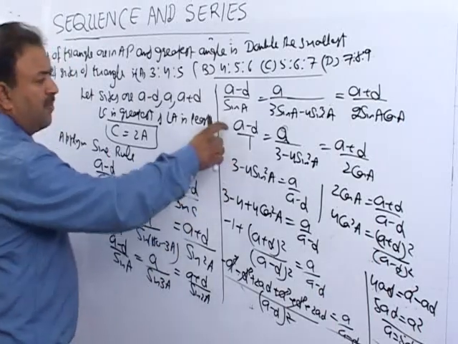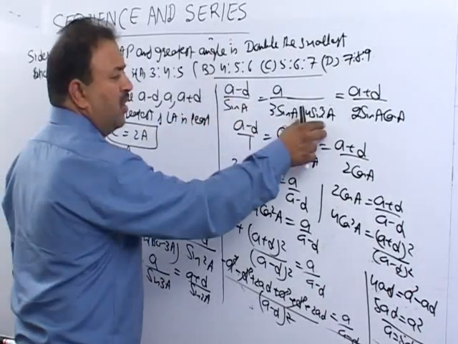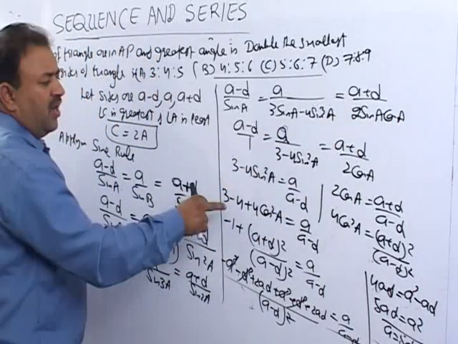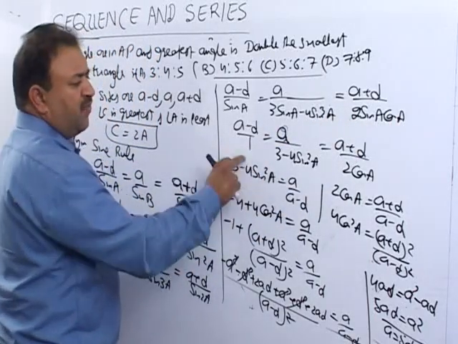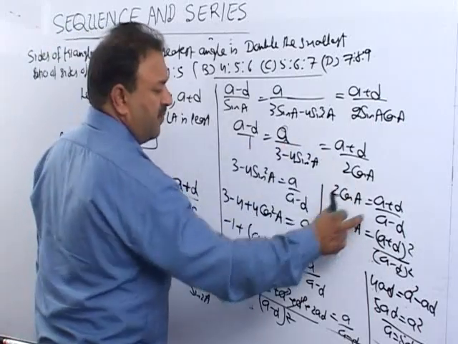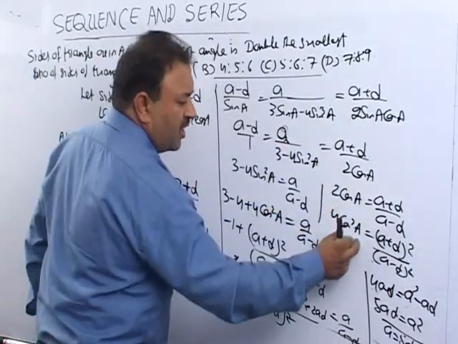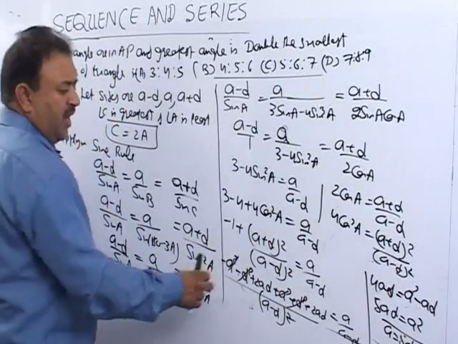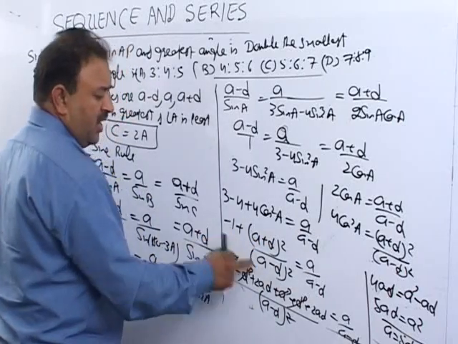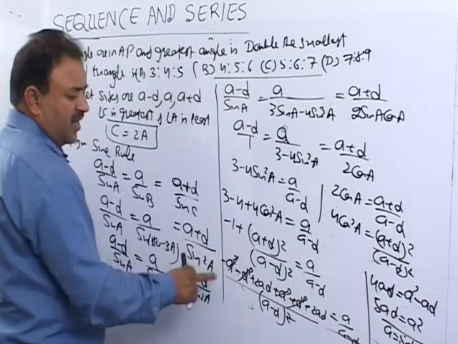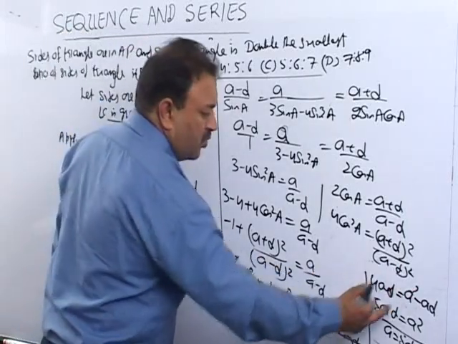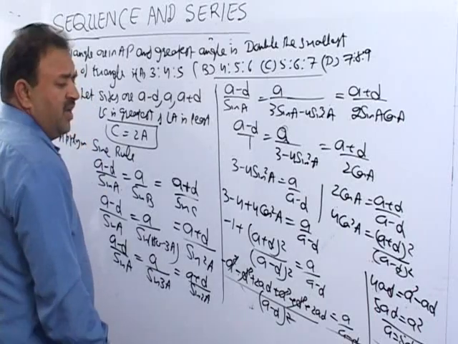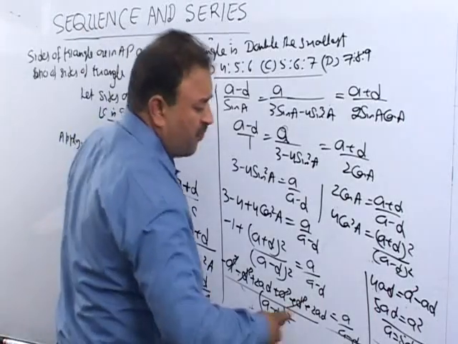Now applying the trigonometric formula of sin 2A and sin 3A, sin A is cancelled out. Now rearranging first and second, first and third. From here the value of 2 cos A comes, squaring it, substituting the value of 4 cos square A over here. It becomes like this: (A minus D) the whole square, minus, it will come out to be 4AD equal to A square minus AD. 5AD is equal to A square, A is equal to 5D.